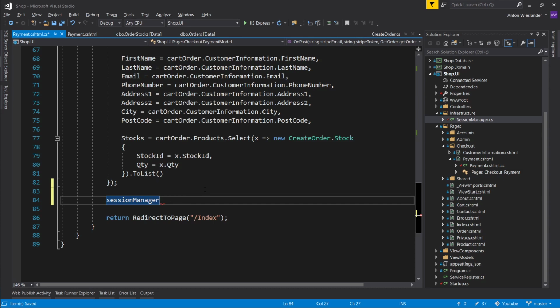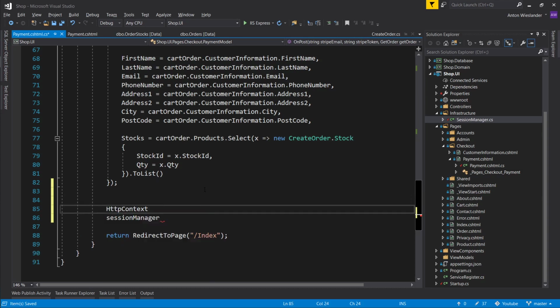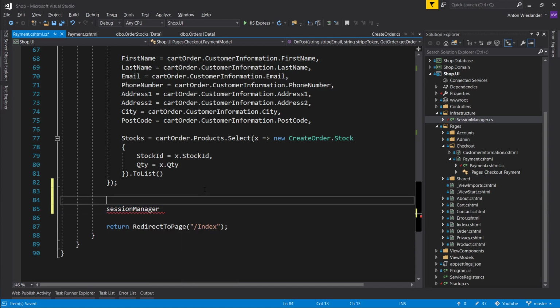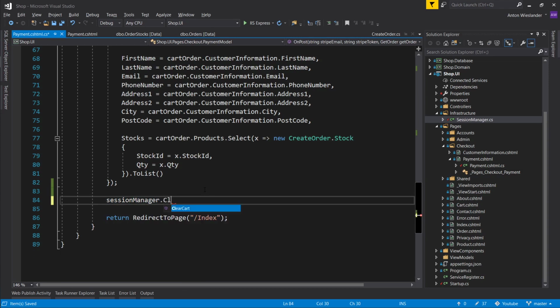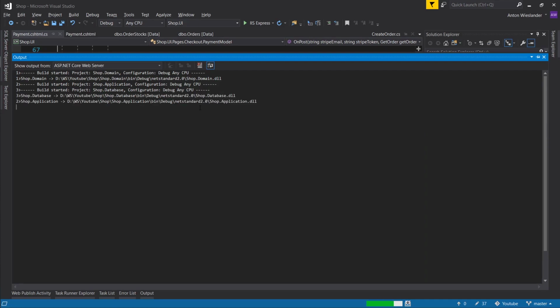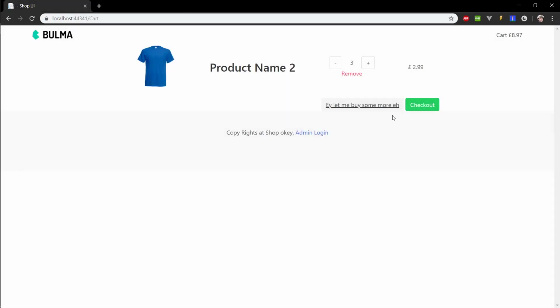All right, so we don't want to access state here through HttpContext session. We don't want to clear the session here, because otherwise, if we start migrating, we might forget to clear it. Okay, so let's build that,